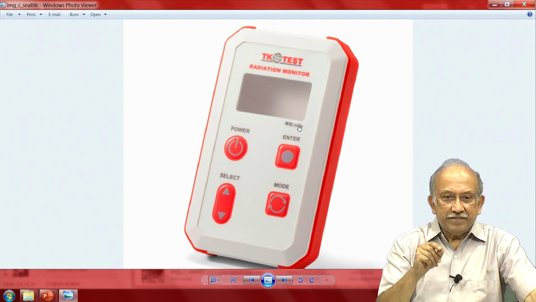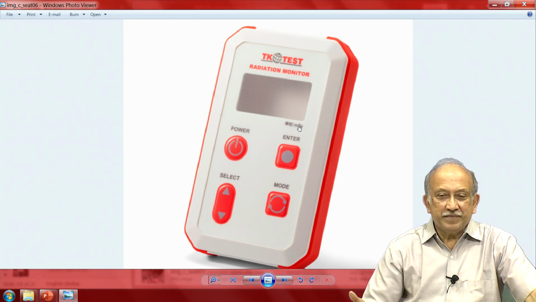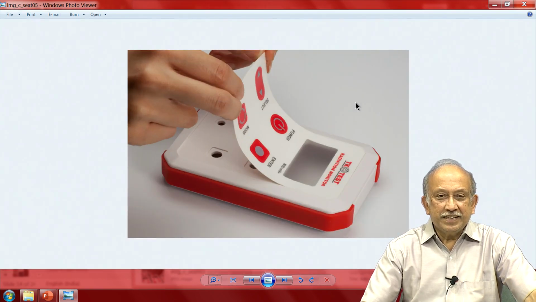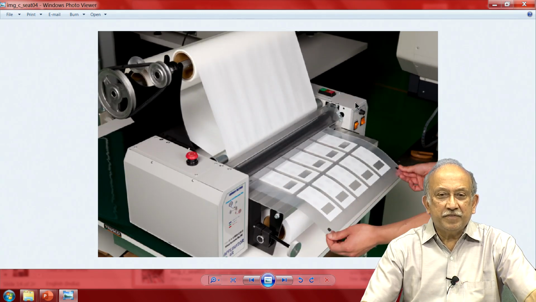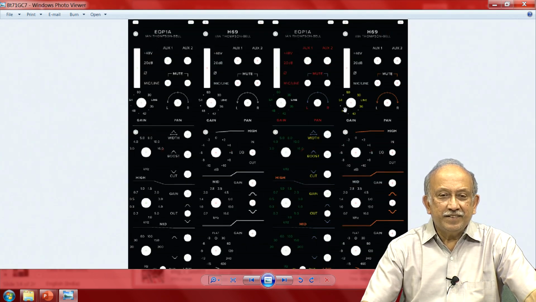In this case, they have done, probably it is a demo piece from their website, and I just wanted to tell you a few elements also. Like if you have the red back at the thing, and then if you key it with this, it is very easy to identify that probably this is for a radiation monitor, something else can be something else. Same thing there, they have things that are just attached on top of it. And this is what I showed you in the last time pictures also. Any of these things are relatively easy.